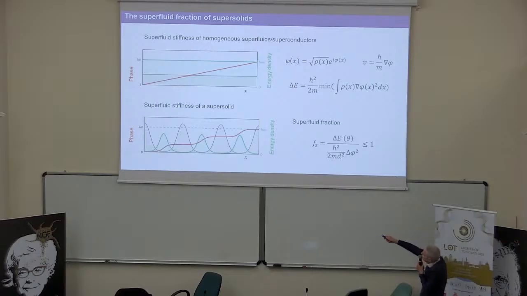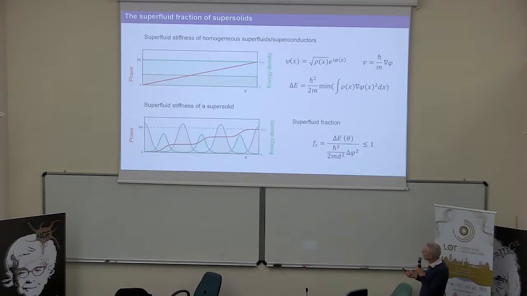You find that you minimize the energy by creating a linear gradient of the phase. Since the gradient of the phase is the velocity, a linear gradient means that the velocity is constant all over the superfluid. And so the superfluid moves at constant velocity. This is the reason why there is no friction. It's a superfluid. There are quantized vortices, and so on. All the properties of the superfluid are based on the fact that here you can take rho out of the integral. Now, what Leibniz noted already